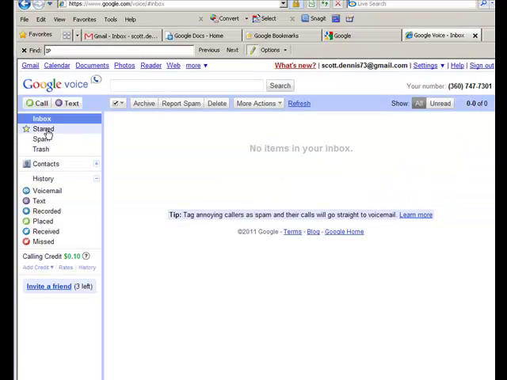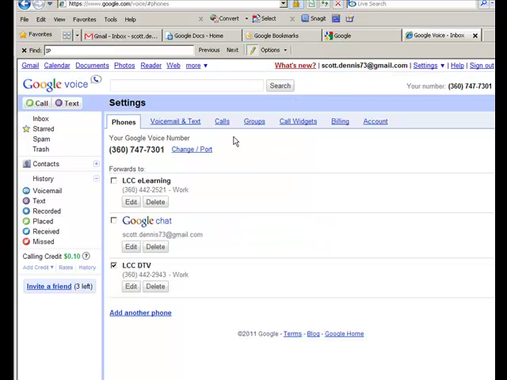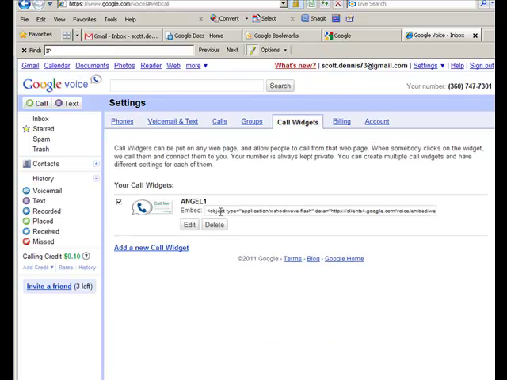Here's what my inbox looks like. And I can go to settings, my Google Voice settings, and I see I have call widgets here, and I have one that I already created, and so I can copy that embed code there. And then in Angel,